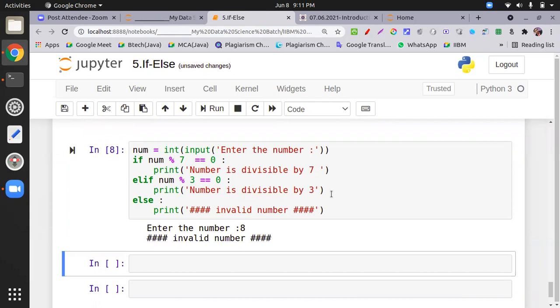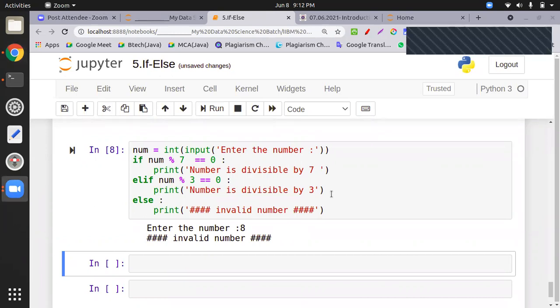Done. So thank you, this is from my side for today. I hope you enjoyed the session. Real Python code starts from today, that is if else, because here we use the concept of variables, operators, literals, all these things. Tomorrow we have a more interesting session because we have loops. Using for loop, then for loop with the if statement, because very good programming execution happens with the help of that. I hope you will do this, and I will try to put some homework so that you can do it. Yes, someone raised a hand.